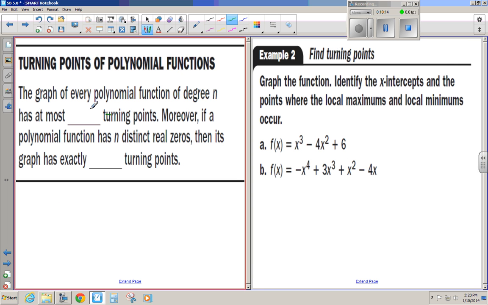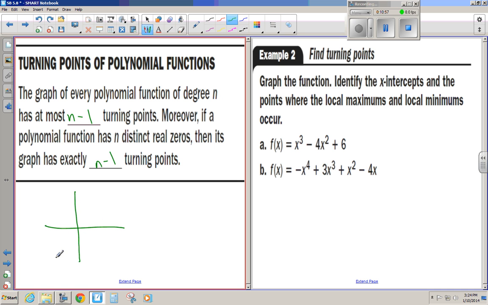All right, turning points. The graph of every polynomial function of degree n has at most n minus 1 turning points. Moreover, if a polynomial function has n distinct real zeros, then its graph has exactly n minus 1 turning points. All right, now that might not mean much to you. But right here, it means